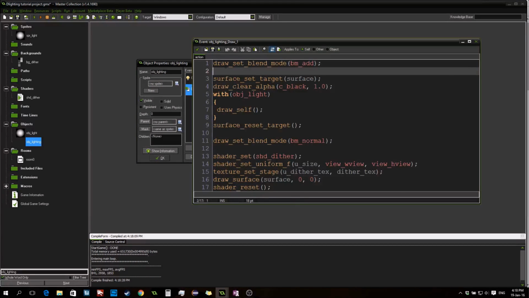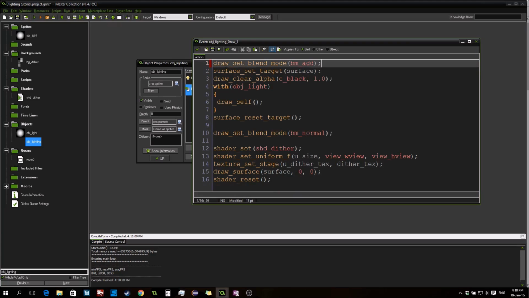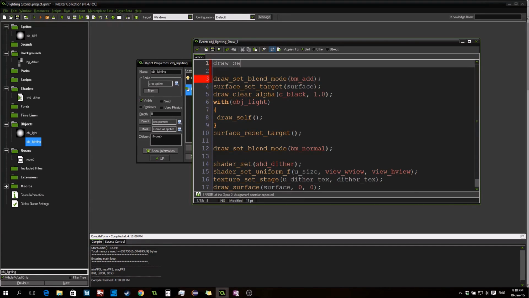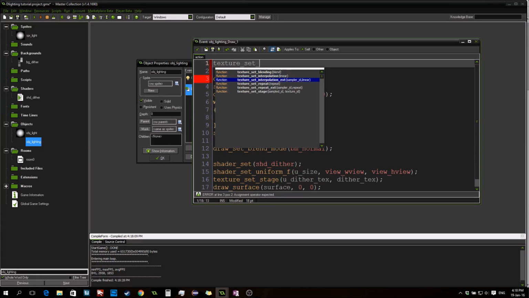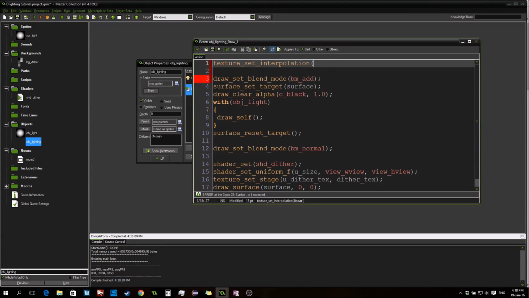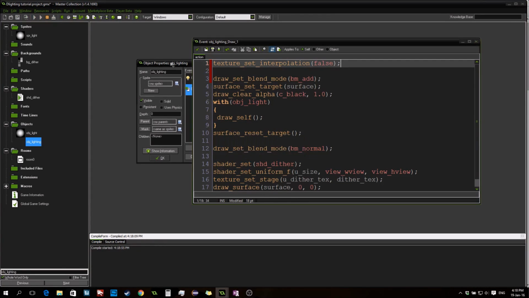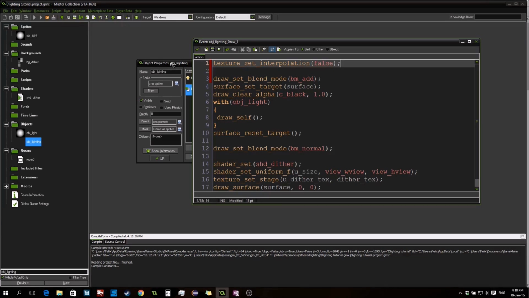We can actually put it right here. Before everything else, texture_set_interpolation, and we want to set it to false. And now if we press play, we should be able to see a nice crisp effect